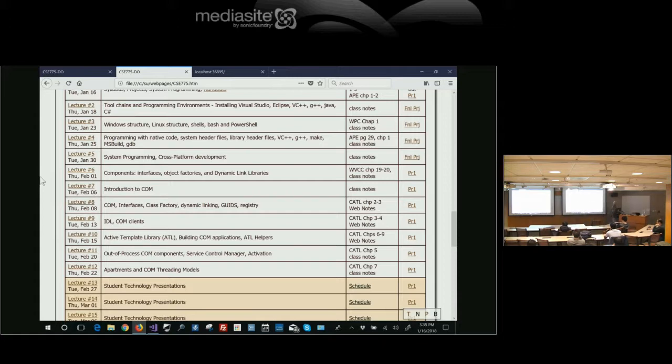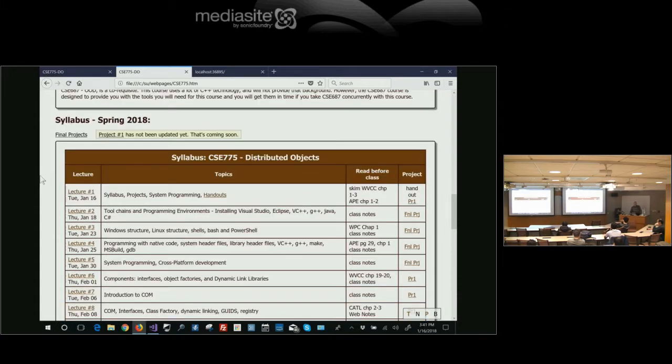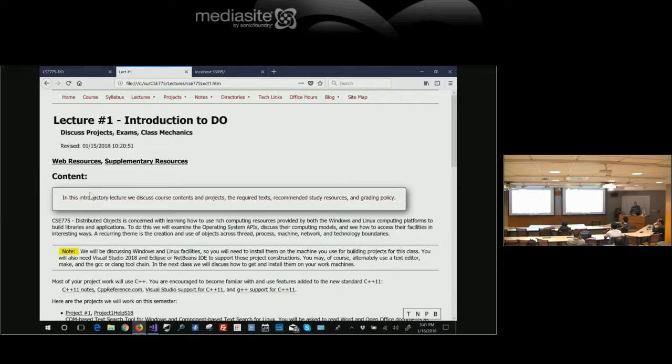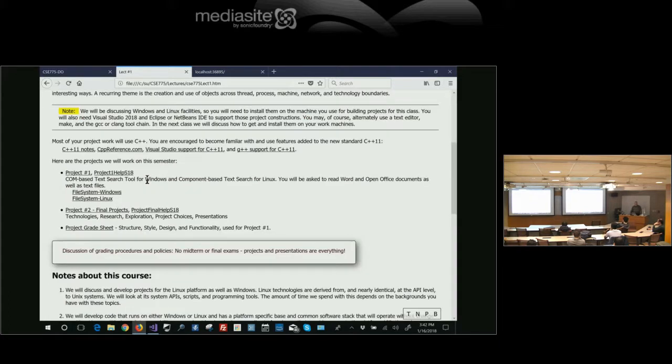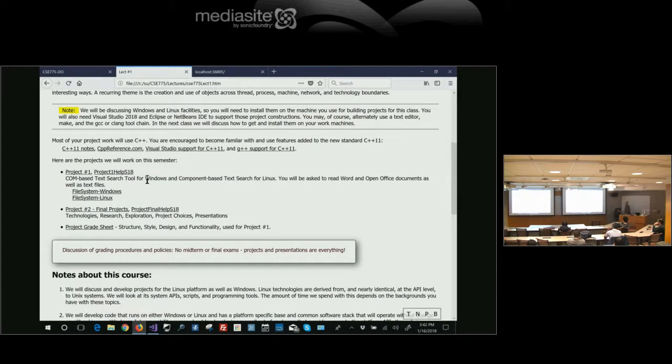So let's look at the projects. By the way, the Project One links here are incorrect, but on all the lecture pages they're correct. So there is an individual Project One and then a final project. Let's take a look at the individual Project One.